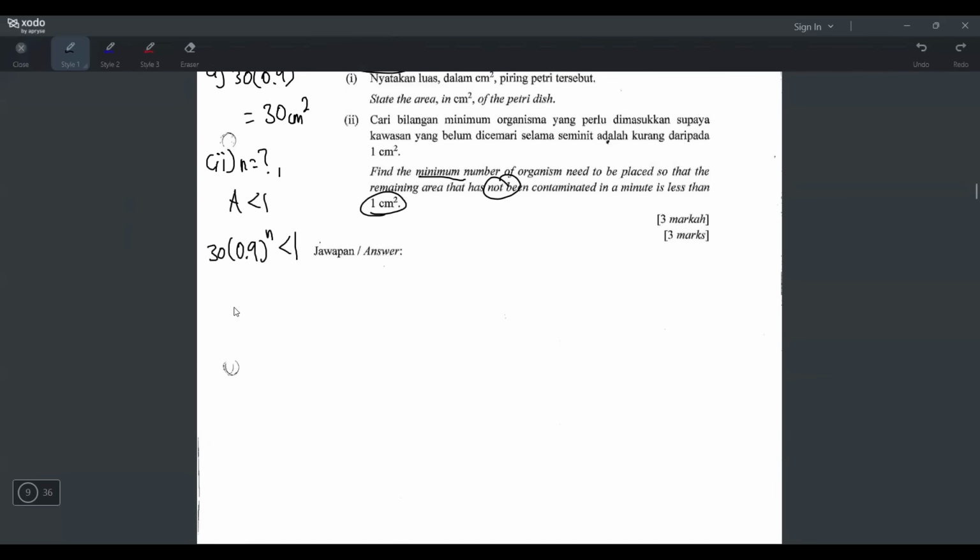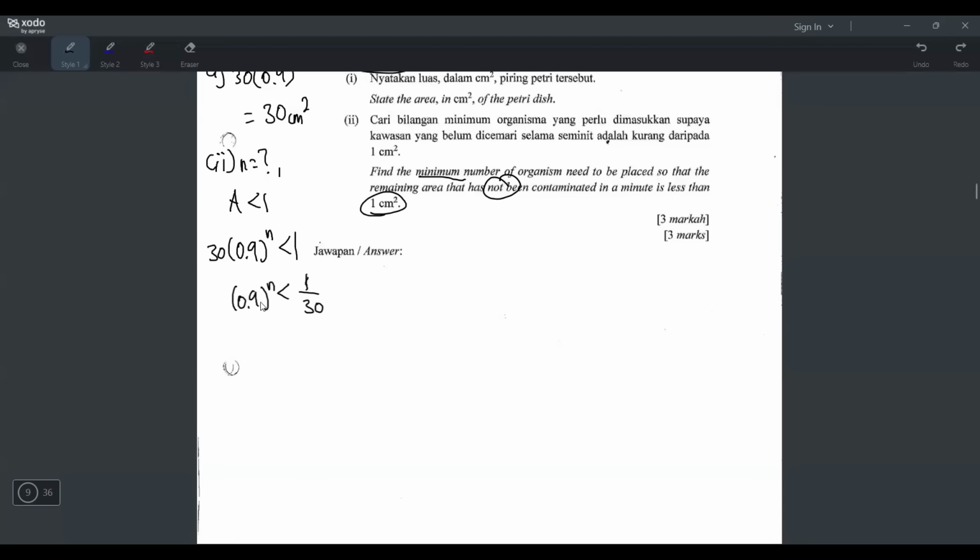First I will move 30. Okay, and by the way, this is an inequality question. It has a smaller-than sign like this, which we call linear inequality, ketaksamaan linear. Okay, 30 brought over there becomes 1 over 30. The symbol is still smaller. When do we need to flip this symbol? When we divide by a negative value. So when you divide by 30, you don't have to flip. So it's still smaller, right? And now it becomes an